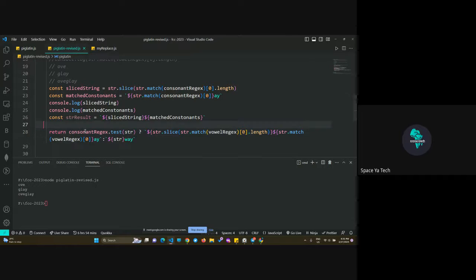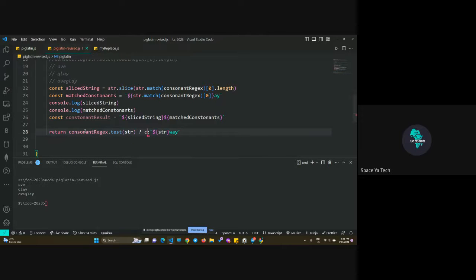I want to return this result. Actually, let me call it consonant result. And I can simply come here, remove this,